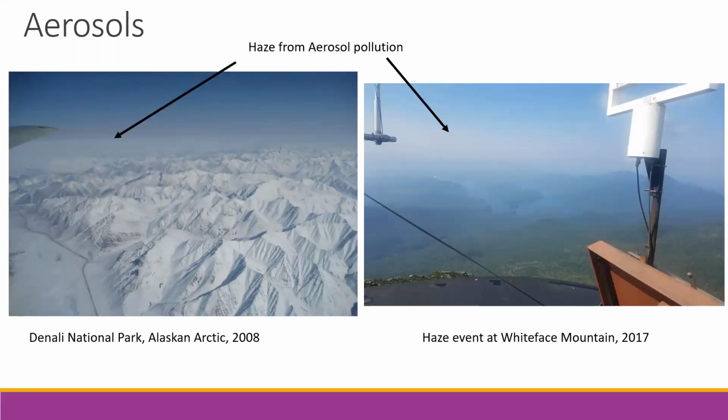So a great example of the way these aerosols can affect visibility and climate is looking at haze events in very remote regions. This is a great example of Arctic haze, in the Alaskan Arctic. You would think these airs are very pristine, but you can get these situations where polluted air is transported from other parts of the globe to the Arctic, which cause these hazing events. And you can get sort of the same thing at Whiteface Mountain, a great example of this in 2017, where you get aerosol pollution that's transported across the United States and causes visibility issues at Whiteface.